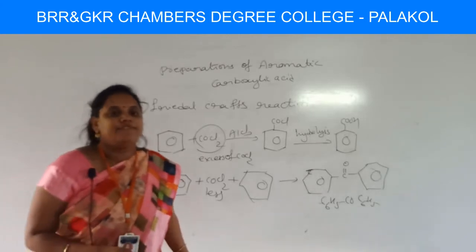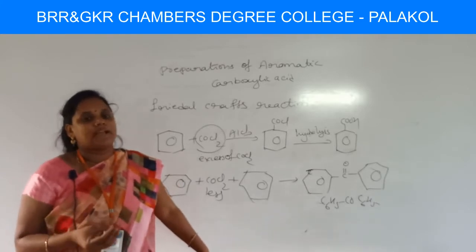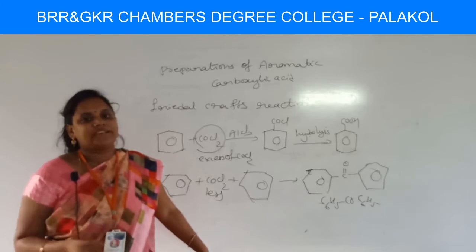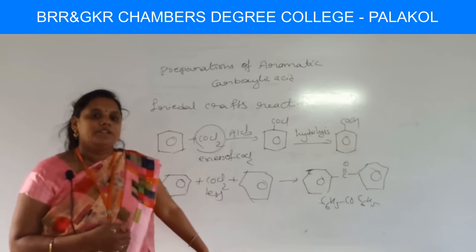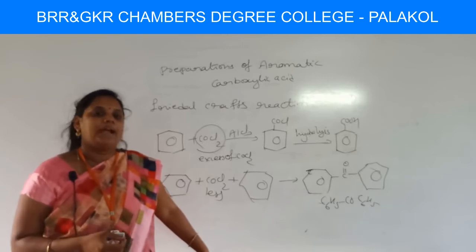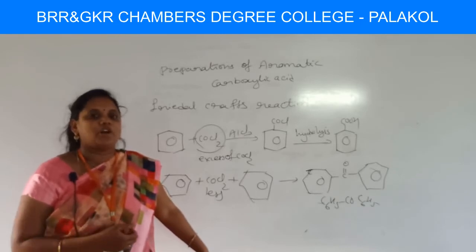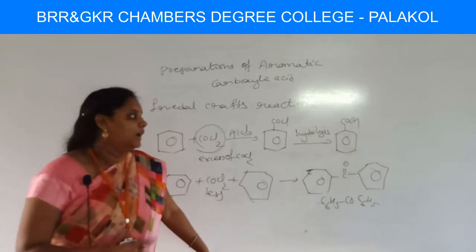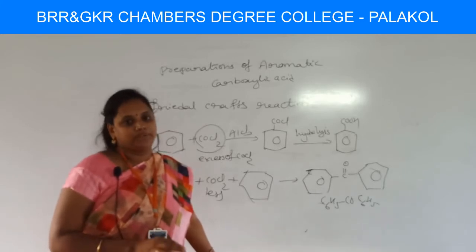Coming to the physical properties of carboxylic acids, lower members are colorless liquids and C4 to C9 are oily liquids, above C9 are solids. Okay, and the lower carboxylic acids have pungent smell, and from C3, C4 and above you have unpleasant odors, and higher carboxylic acids have no distinct smell.